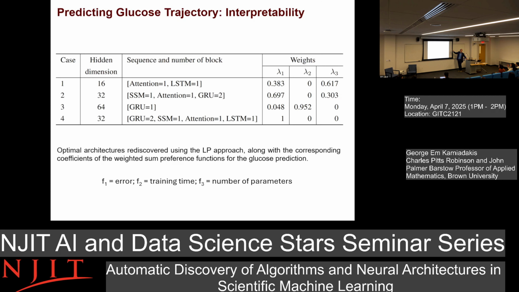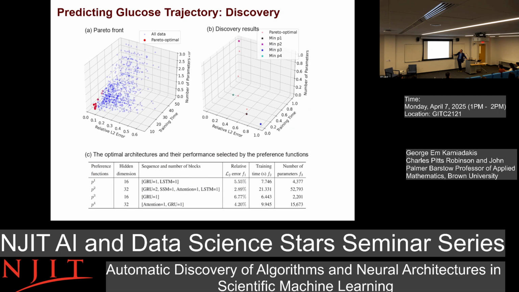You may find 0, 0, 0, in which case your method is crap. But in this case, for example, I put a transformer and an LSTM together in this sequence. It turns out that you can see here lambda 3. Can go back to what is F3.